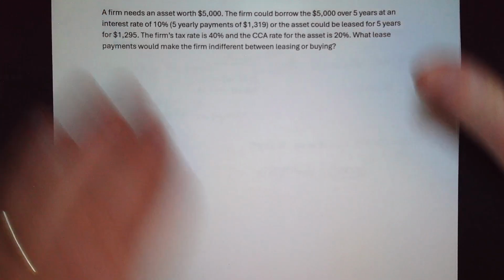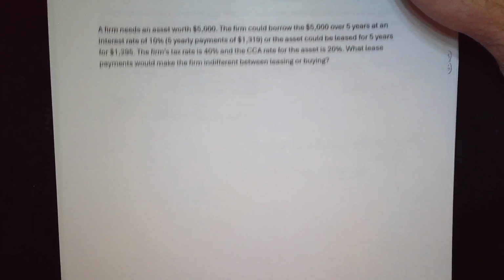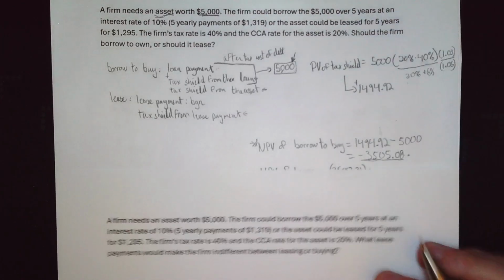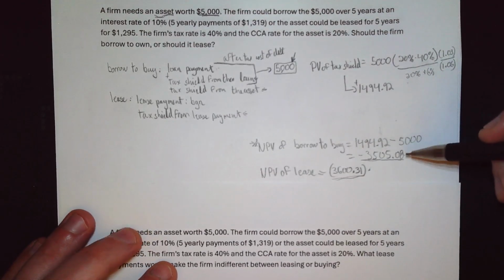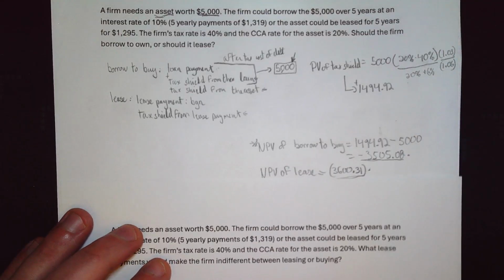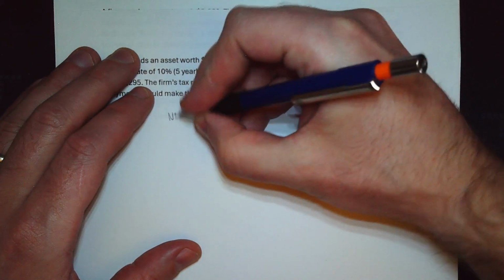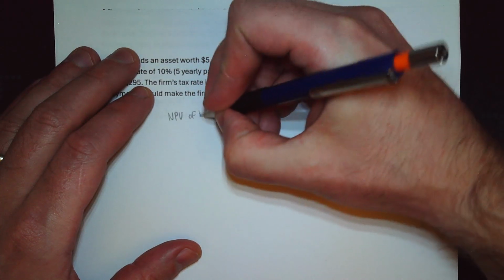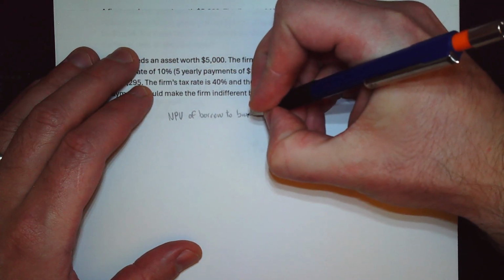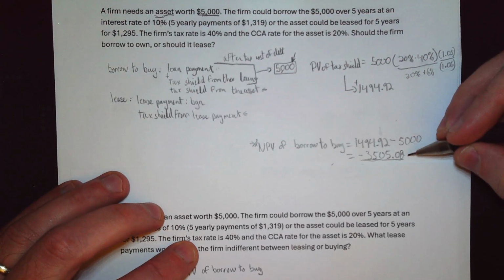In this video, I want to discuss this question. It's the same question as in the previous case, and I'm just going to rewrite some of the information here. But we calculated in the previous video the NPV of the borrow to buy decision. So I have the NPV of borrow to buy, and the NPV of borrow to buy was